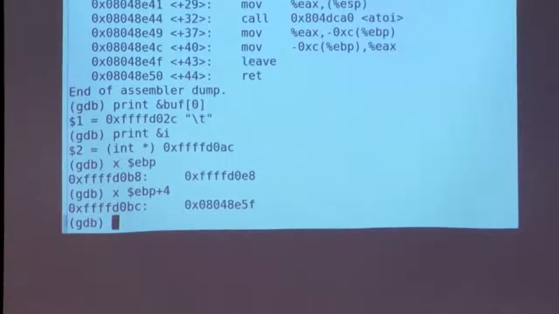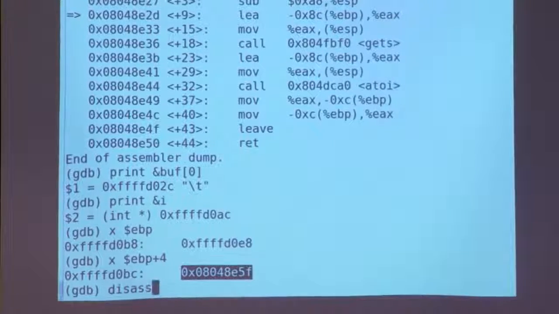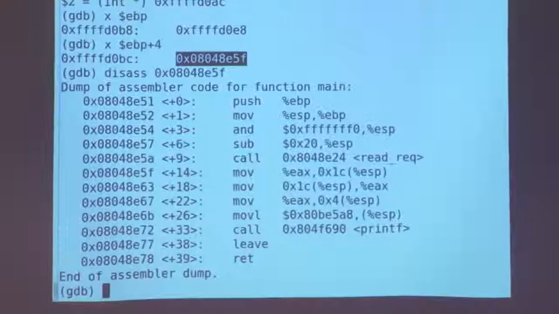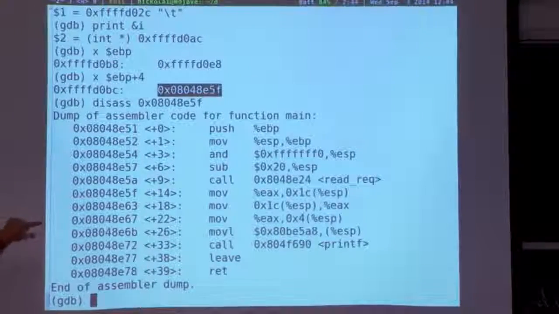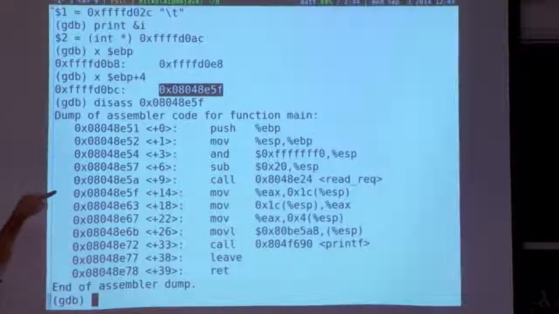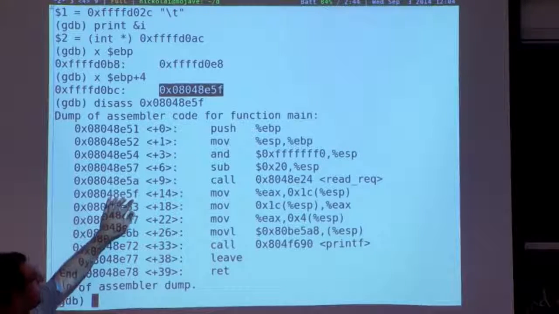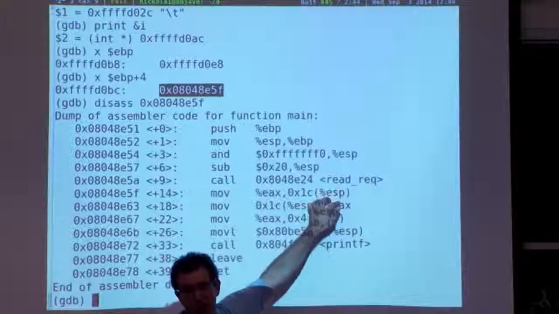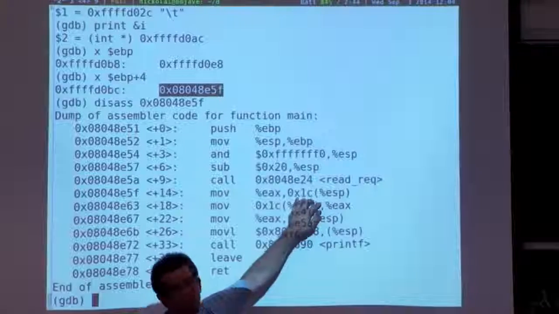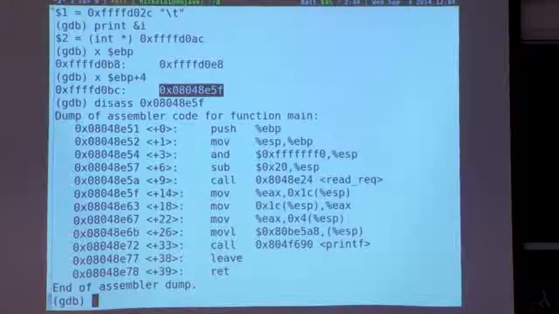And let's see where that's pointing. This is something you're going to do a lot in the lab. You can take this address, and you can try to disassemble it. So what is this? Where did we end up? GDB helpfully figures out which function contains that address. So 5F, this is what our return address is pointing to. And as you can see, this is the instruction right after the call to readrec. So when we return from readrec, this is exactly where we're going to jump and continue execution. This is hopefully fairly straightforward stuff from 004 or some standard OS class.